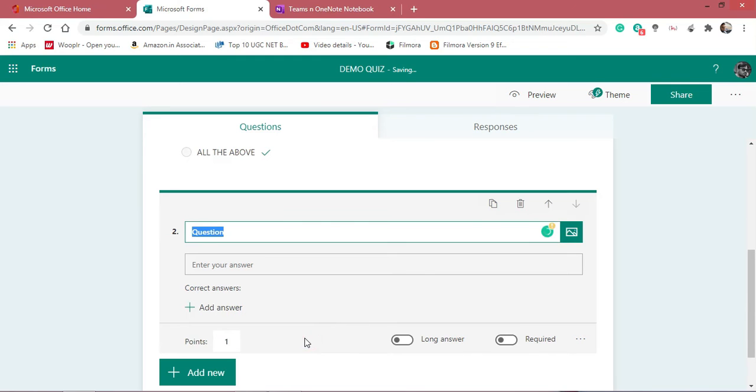Thereafter, one more option we are going to check, which is text. Over here it is like fill in the blank. You type a question and thereafter by clicking on add answer, you can give the answer to that.